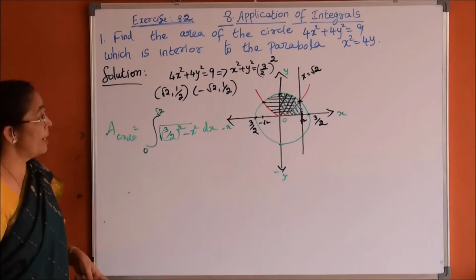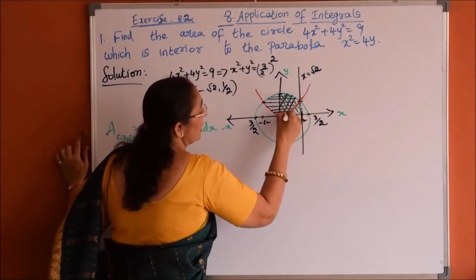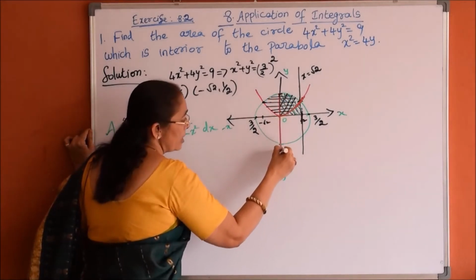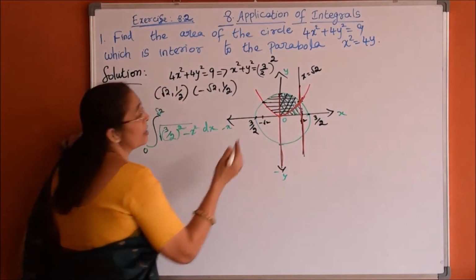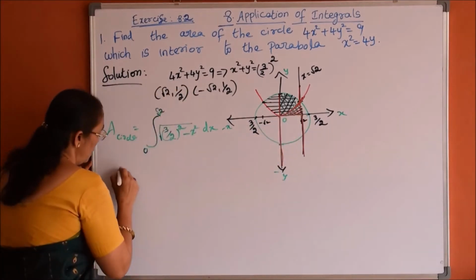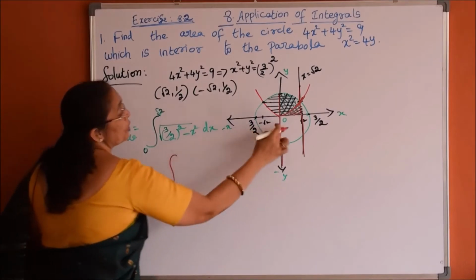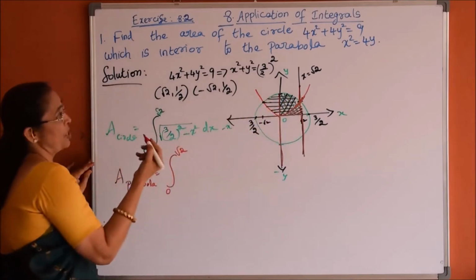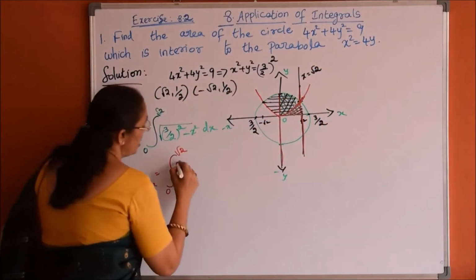Now, second one, let us consider the area covered by the parabola. This is the parabola part. The parabola with the lines x is equal to 0 and x is equal to root 2, in between these two lines with the x-axis, is this area. So, the area covered by the parabola is the integration from 0 to root 2 of the parabola y is equal to f of x. The parabola curve is x square is equal to 4y, so y is equal to x square by 4, dx.